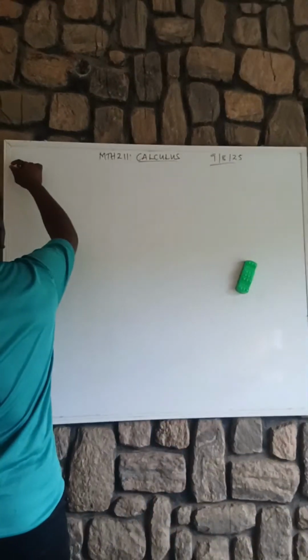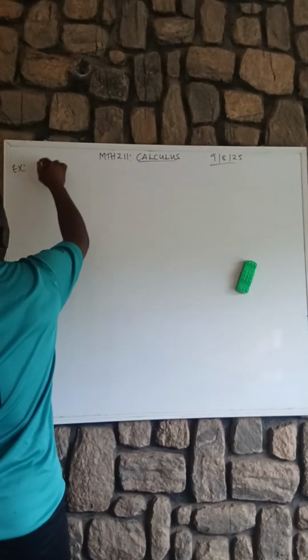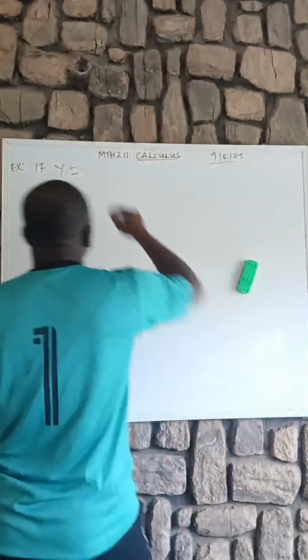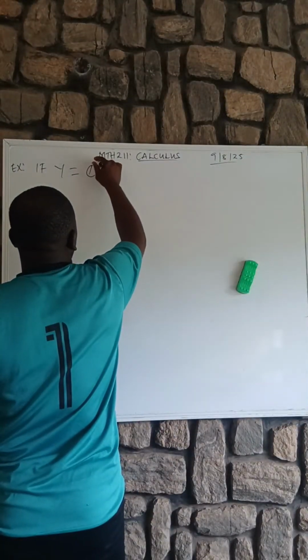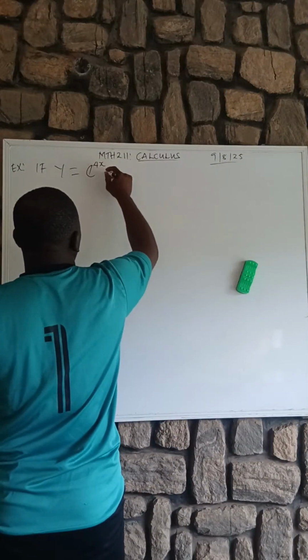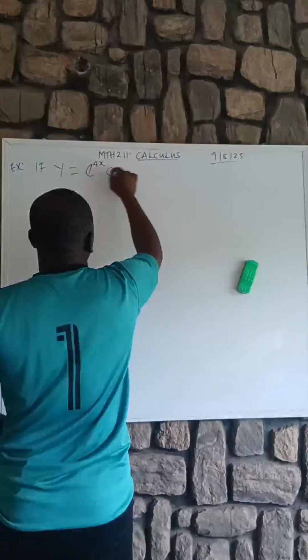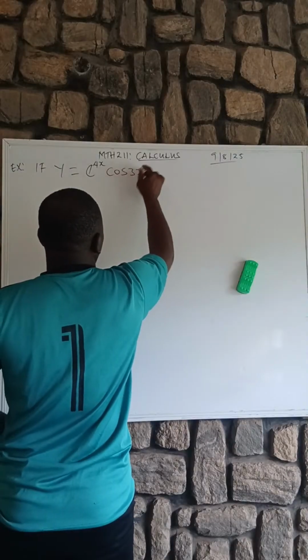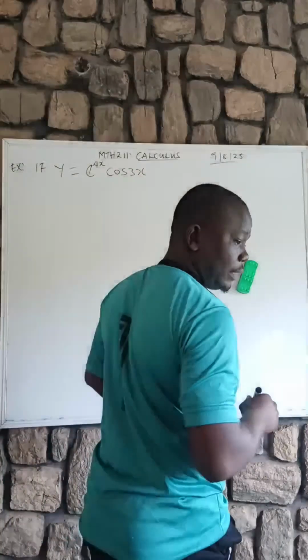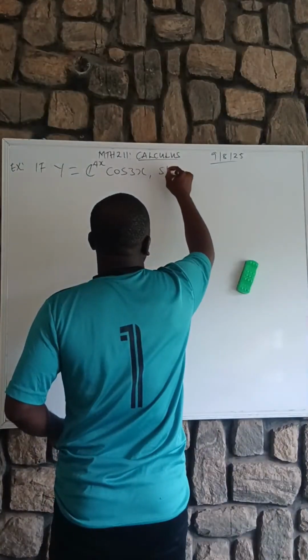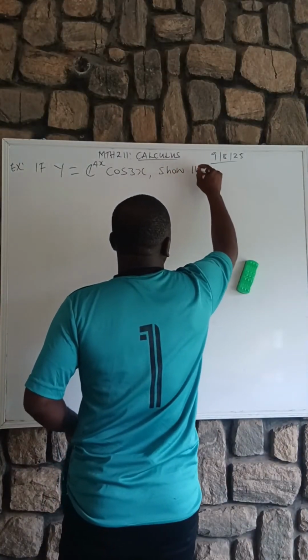Okay, let's consider another example. If y equals 4 exponential 4x times cos 3x, it says show that